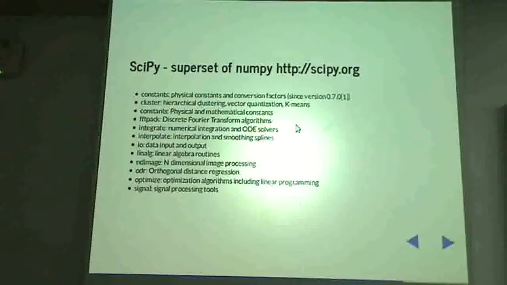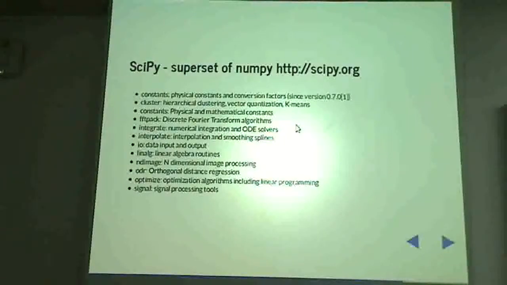Okay. So now, initially when people started developing numerical capabilities for Python, they started putting everything they developed into the NumPy module. Then the NumPy developers said, no, we don't want this. NumPy should give you some basic functionality for numerical computing. Now, if you want to solve differential equations, or do something else more complicated, then you should do it outside. So they created another module which is called SciPy. It's a sort of mega superset of NumPy.